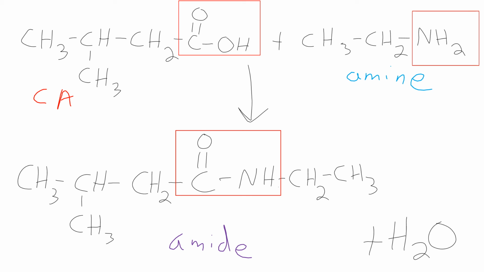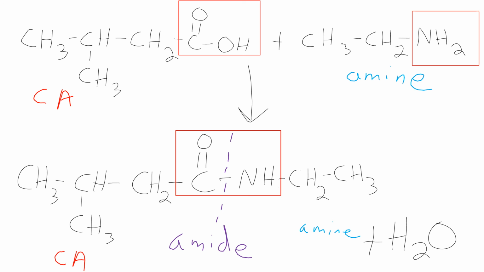So if we're trying to map reactants to products and what's actually going to get formed, we're going to do something similar with amides to what we did with our esters. The key bond in an amide is that bond between the C double bond O and the nitrogen. It's right here where this dashed line is. That's going to split the molecule into its two sides. The side with the C double bond O of the amide had to originate from a carboxylic acid. The side with the nitrogen originated from the amine.